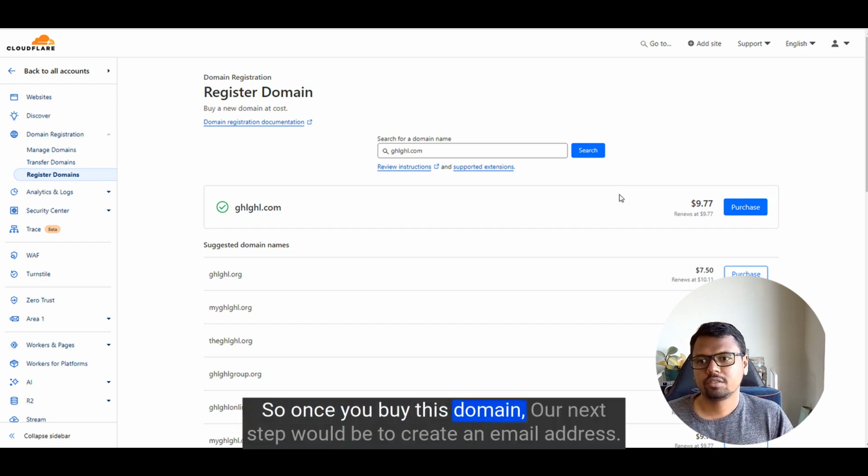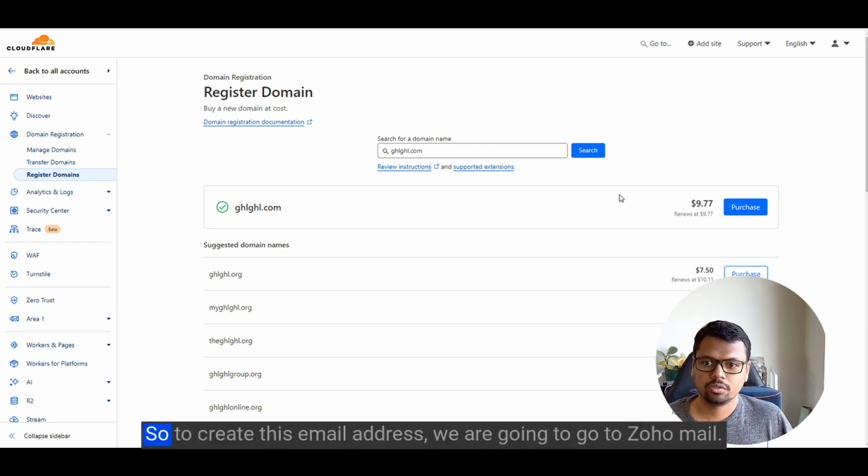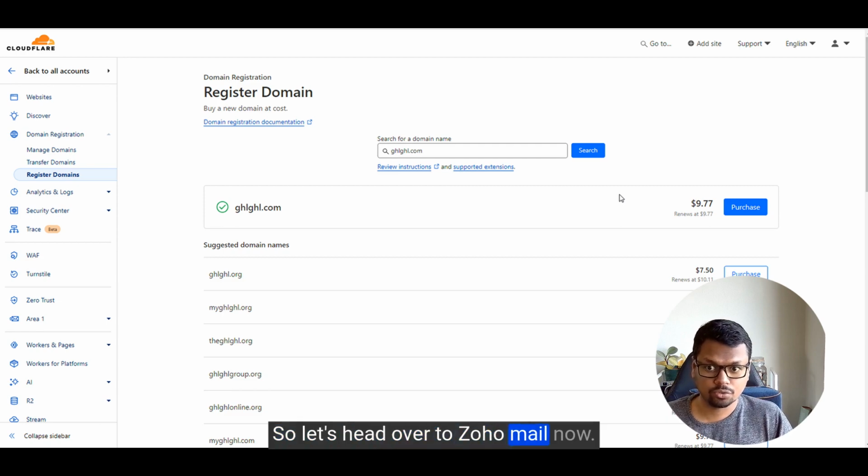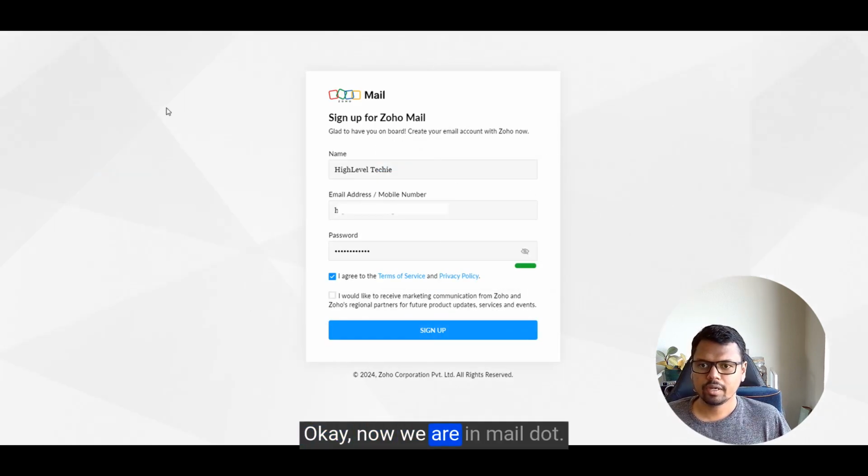So once you buy this domain, our next step would be to create an email address. To create this email address, we are going to go to Zoho Mail. If you're a user of Google Workspace, you can buy from there, but I prefer to use Zoho because you can create 5 email addresses for free. So let's head over to Zoho Mail. Okay, now we are in